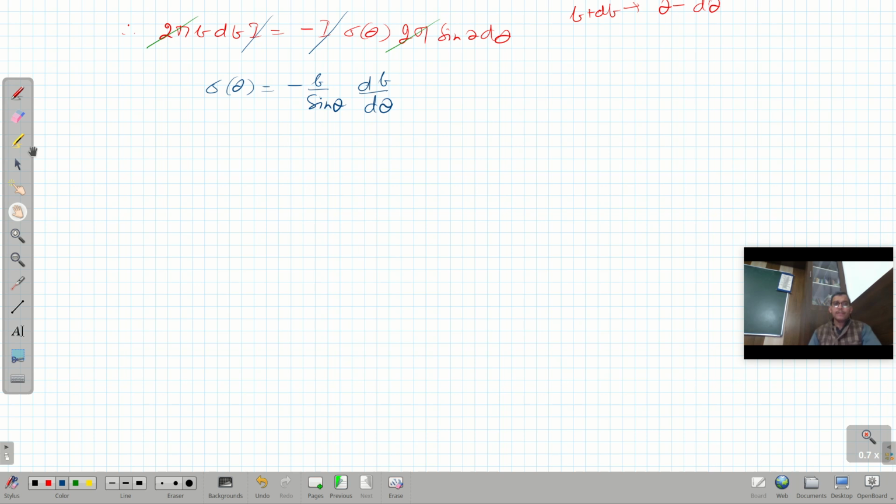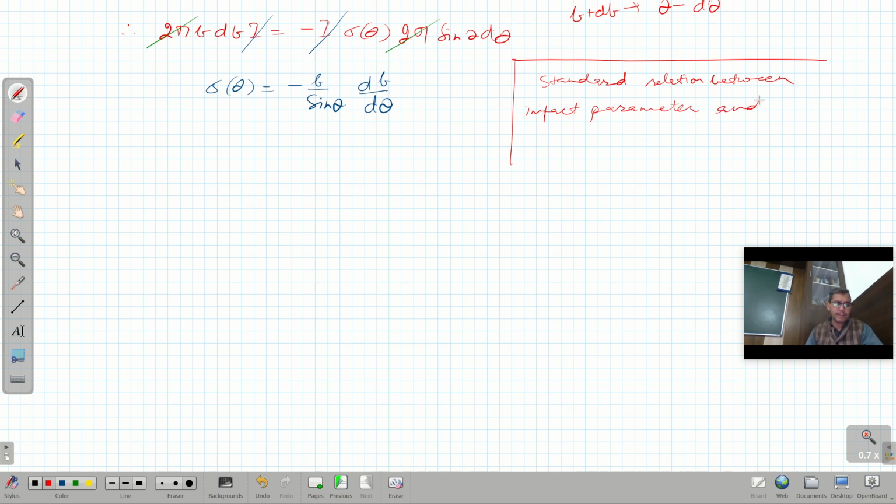Now there is a standard relationship, which I will talk about in another lecture. So there is a standard relation between impact parameter and scattering angle, that is